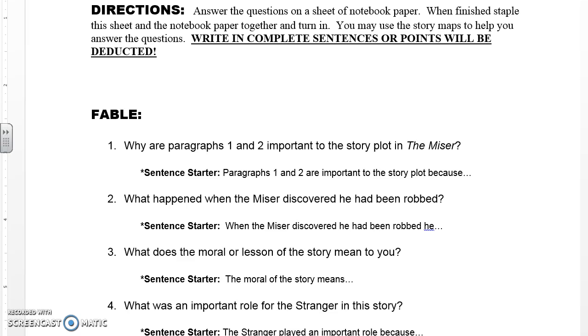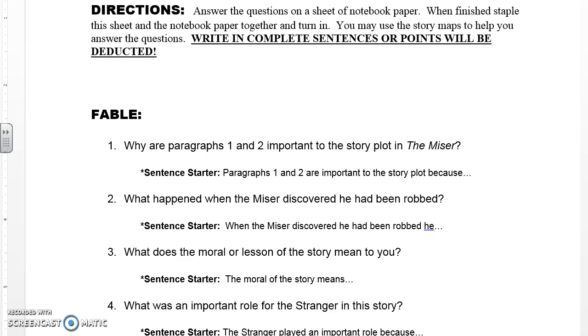Remember that if you look at a plot map, we have four parts to our plot map. I have the anchor chart up in the classroom, and you also have that in your notes. It's the roller coaster, guys. We have the rising action, which are the events that take place that lead up to the problem. The climax, which is the part of the story when the main character realizes there is a problem. The falling actions, which are the events that show the steps the main character takes to solve the problem. And then the resolution, which is the end of the story where we find out if the problem has been